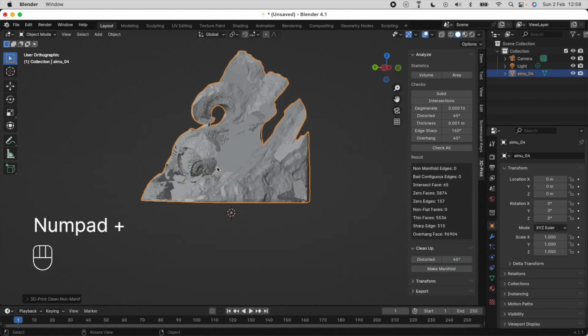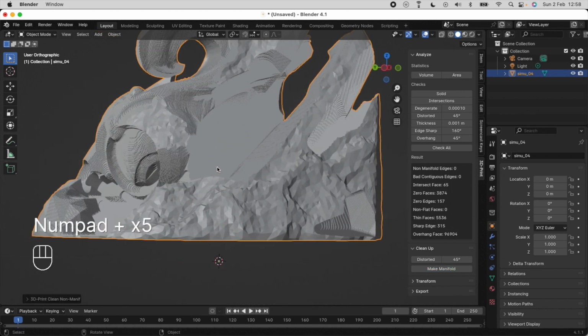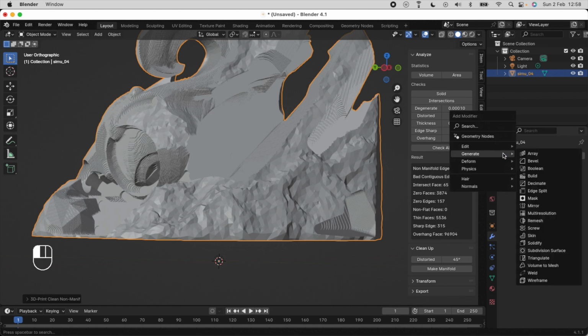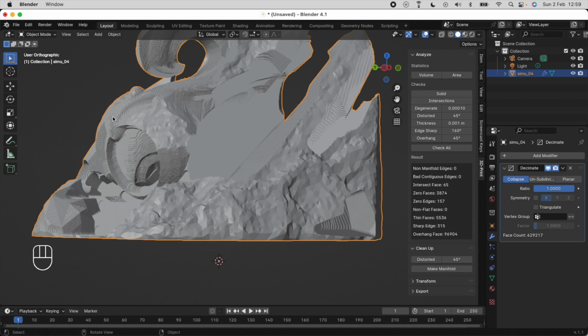Another thing I want to look at is maybe you have a file that is a 3D scan that has a really high number of vertices, making it quite difficult to work with. It might be slowing your computer down, you might not be able to edit it. So let's go back into our modifier tab, and we want to go to generate, decimate. So at the beginning there'll be no change to your object, but at the moment it's got 100% of its vertices, and what decimate will do is reduce the number of vertices but try and keep the form